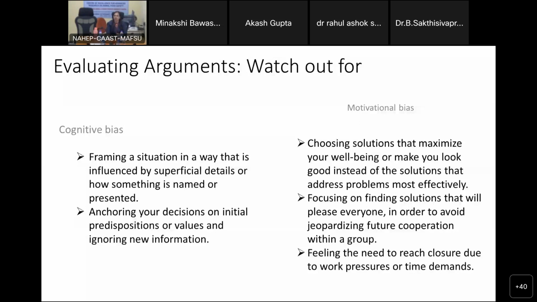Cognitive bias and motivational bias. What is cognitive bias? Anyone? Cognitive is your knowledge, gyan. Whatever we study, whatever knowledge we have, generally we tend to apply only that. And because of that we get stuck. And we say, no, I had read, I know this. And because of that, this is correct. What I'm saying is right, because I know, because I have read, because I've studied in this.